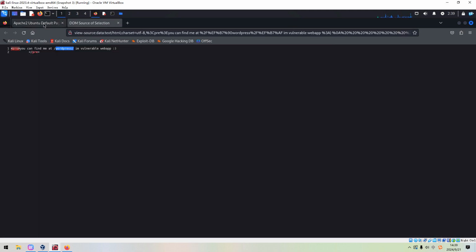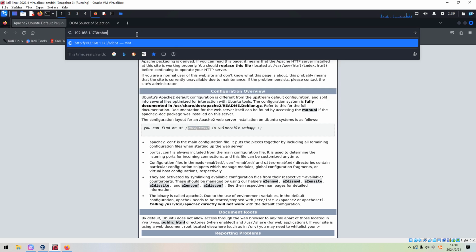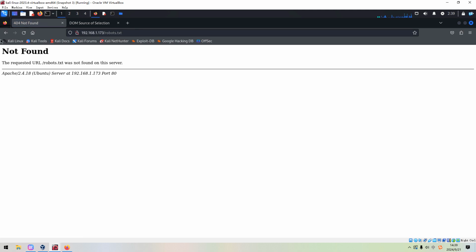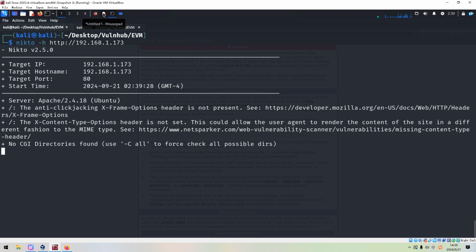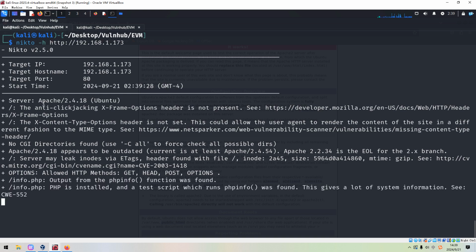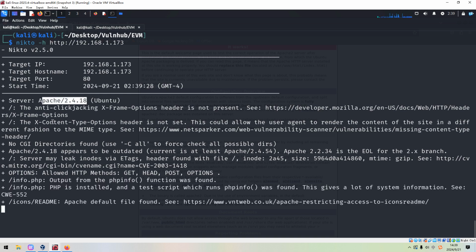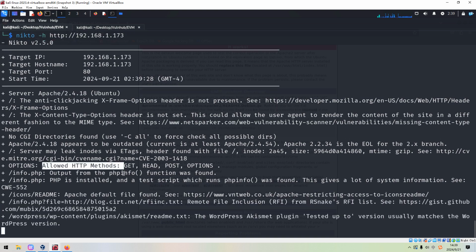Nothing there. And next we can check whether we can access the robots file on the target. Not found, which is fine. Next we can launch Nikto to do the automatic enumeration. As you can see over here, the banner information, the request header information, allowed HTTP methods.